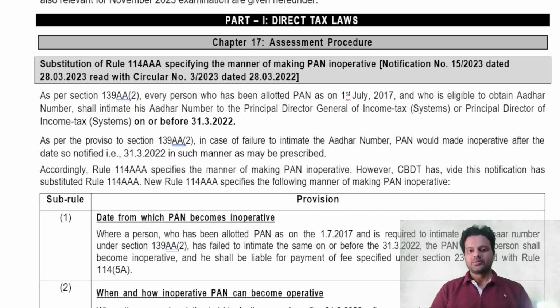Welcome. Today we are going to discuss November 2023 related amendments. There are only 3 amendments and those are also minor amendments. So whatever book you are using for May 2023 related amendments, which are the major amendments, you can use the same book for November 2023 also. There are no major changes.